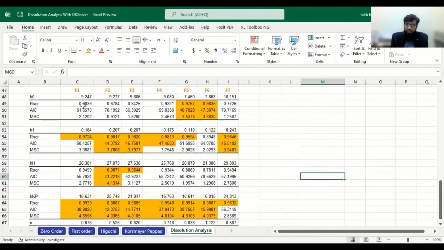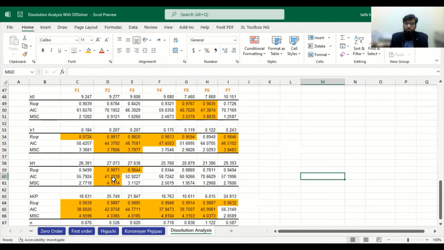What does the first one mean and what does the second one mean? The interpretation of the first is that it is dependent on a combined dissolution and diffusion model, which is a hydrogel based system. And for F2, it is independent of concentration. The drug release is independent of concentration, but depends upon the square root of time.